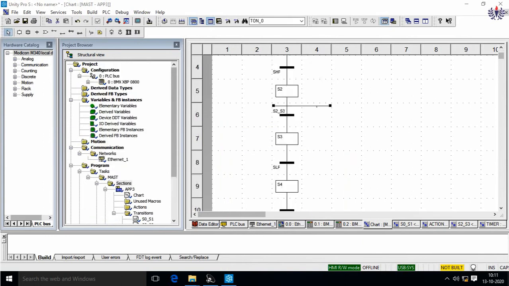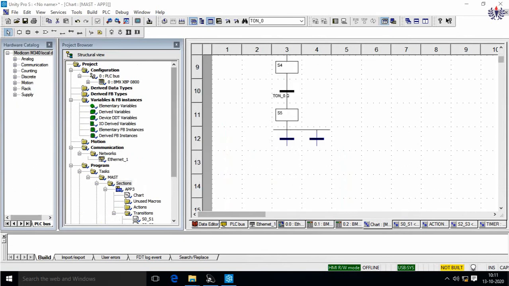Now I have connected this in between. Okay, I have inserted this one here. So I will make the loop here. If I want to repeat this function, S5 to S2 it has to continue. So I am going to make it like this.